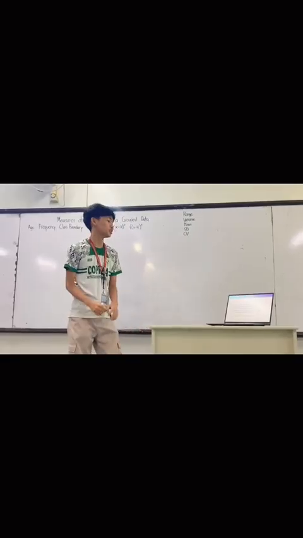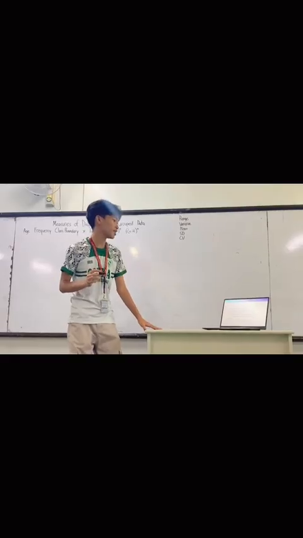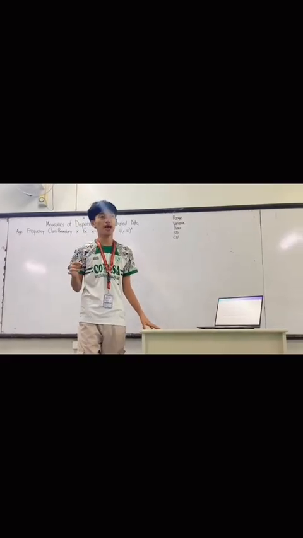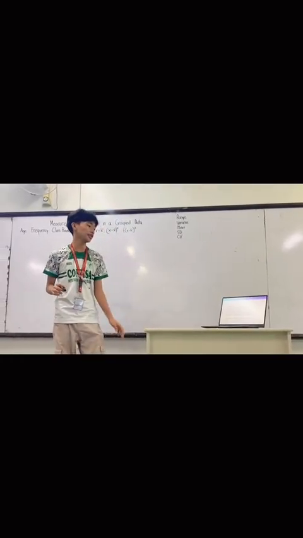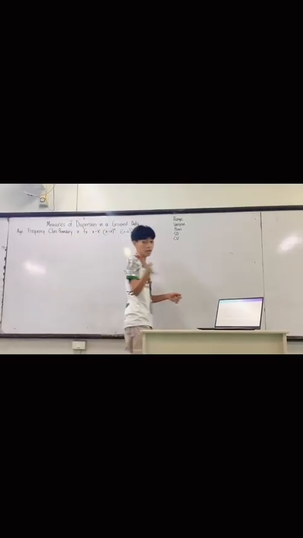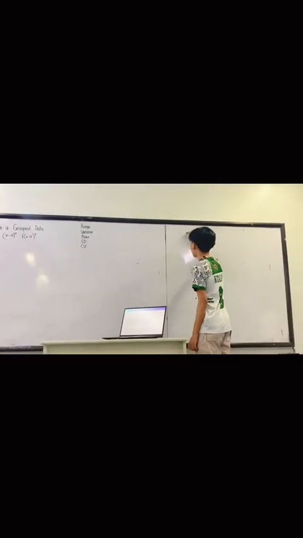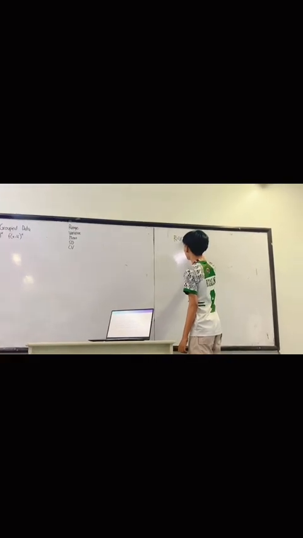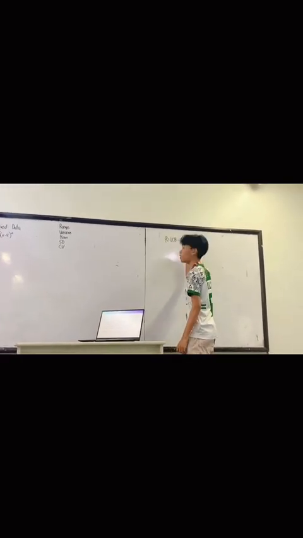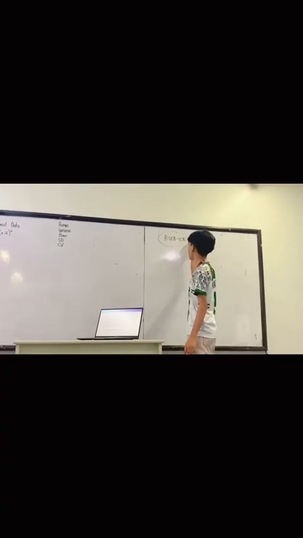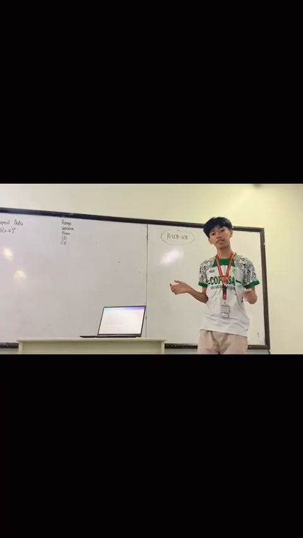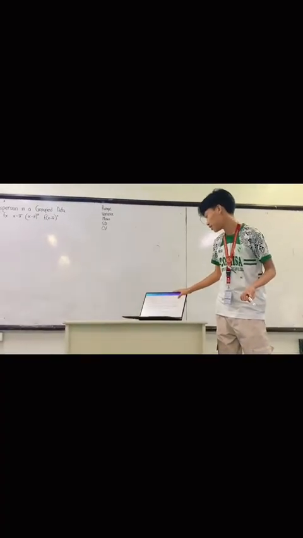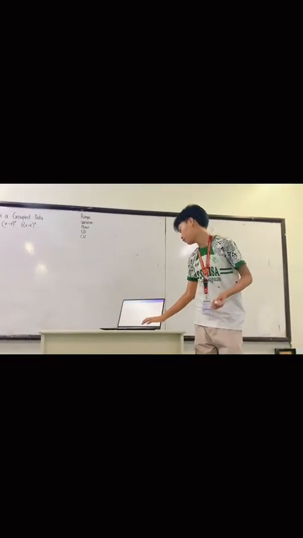So, what is range? Range is the simplest measure of dispersion, representing the difference between the maximum and the minimum, which means the upper and the lower boundaries. It gives a basic understanding of how spread out values are. The formula for the range is R equals UCB minus LCB. You might wonder what UCB and LCB mean. They are called the upper class boundary and the lower class boundary, which are said to be the maximum and the minimum of the data.